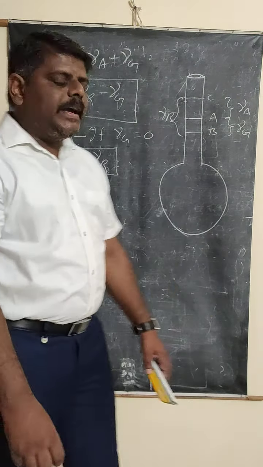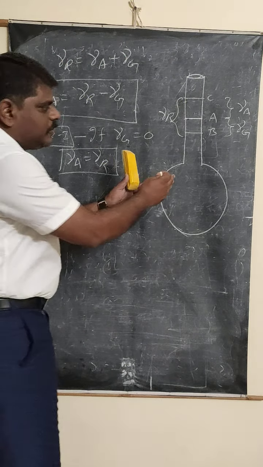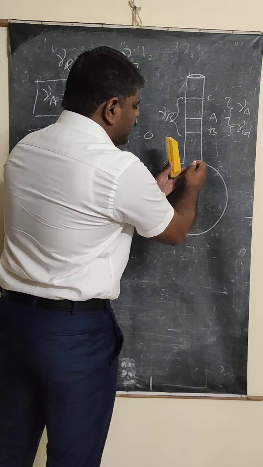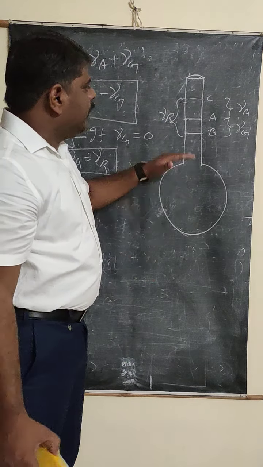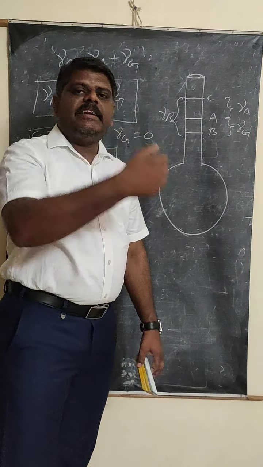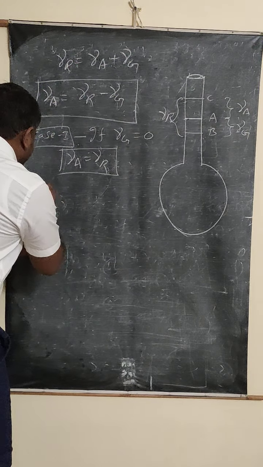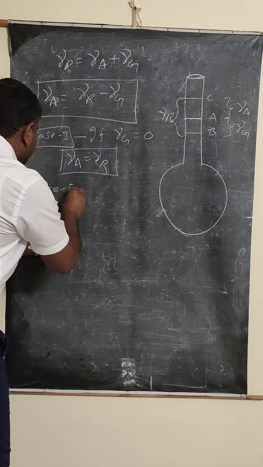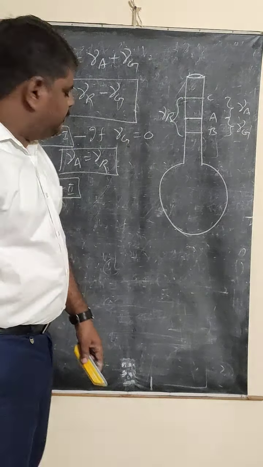When is it obtained? When gamma g is equal to 0. Whenever the volume coefficient of the flask is 0, that means whenever the flask is not expanding, both are equal and the liquid level neither increases nor decreases. This is case 1. Next, we are going for case 2. Remember, all these conditions are important for the competitive part.